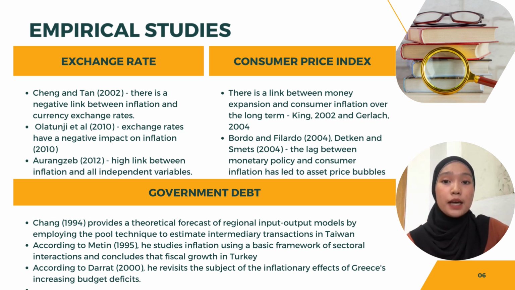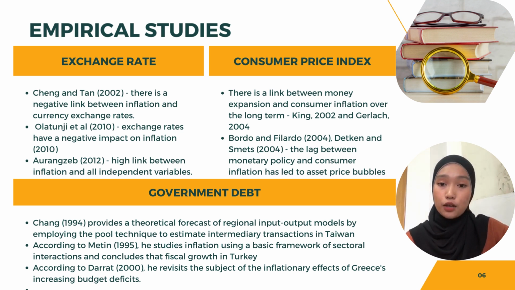In government debt, Chang 1994, Metin 1995 and Darrat 2000 present empirical evidence that budget deficits have a major influence on inflation. Chang 1994 provides a theoretical forecast of regional input-output models by employing the pool technique to estimate intermediary transactions in Taiwan. In general, the conclusion suggests that budget deficits induce modest inflation owing to the issuance of